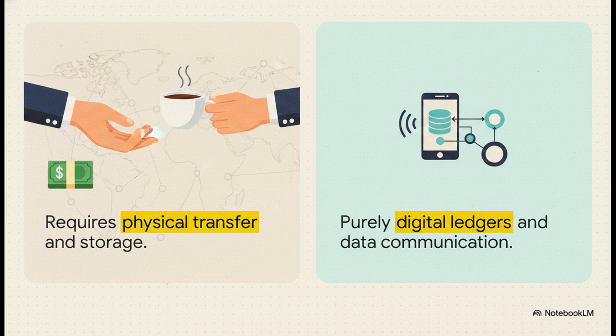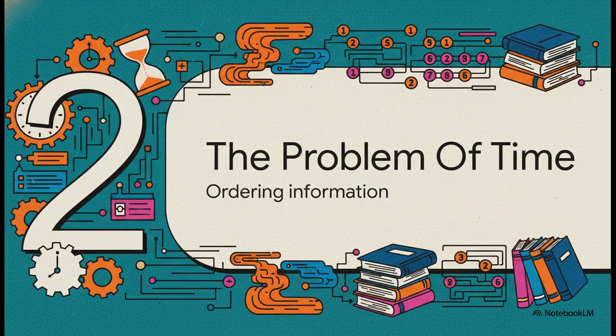When you send money through an app on your phone, there's no physical object traveling through the air to the bank. A database simply updates. Your account goes down by 20, the coffee shop's account goes up by 20. Modern value is simply information moving across networks. But, and this is a big but, this entirely digital reality creates a terrifying vulnerability. Let's see how this builds into our next variable in Section 2, the problem of time, and specifically, how we go about ordering that information.